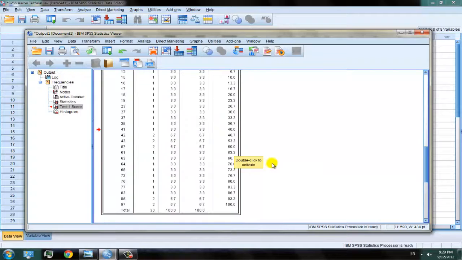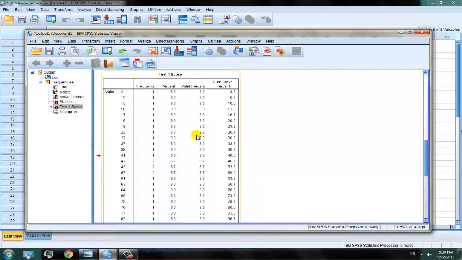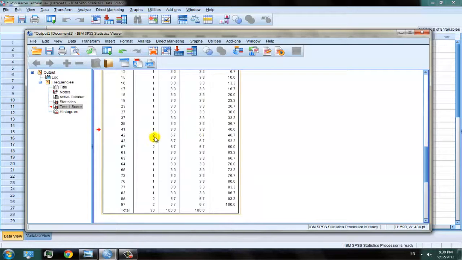And you can go all the way down. You can say 70% of the class got a 64 or below, right? And this comes in handy when you start doing standard deviations and stuff like that. And as you can see here, 2 people got a 42, 2 got a 43. That's all this stuff means. And eventually you just get to